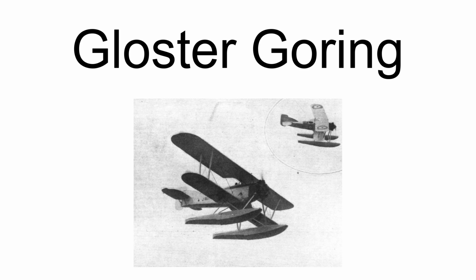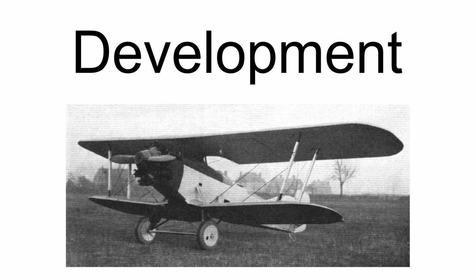The Gloster Goring was a single-engine two-seat biplane designed to meet the 1926 Air Ministry specifications for a day/torpedo bomber. It was not put into production, and the one aircraft built served later as an engine testbed. Early in 1926 the Air Ministry issued two specifications, 23/25 for a two-seat day bomber, torpedo bomber, and reconnaissance aircraft,